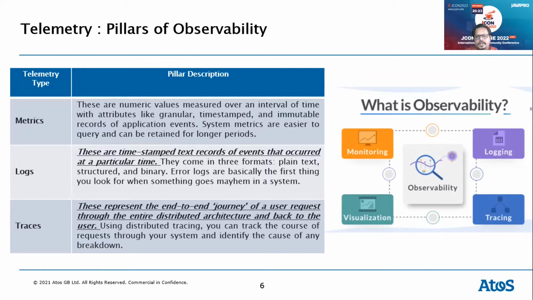To explain what traces are, say there's a user on the portal viewing products, and eventually he'll buy the product and place an order. That entire journey of the user request goes through various solution building blocks. Starting from your portal to your integration systems, then your product system, which will be your CRM, and then you place an order there, and from that order it goes to your billing system, and from your billing system it goes to your logistics, and so on and so forth.